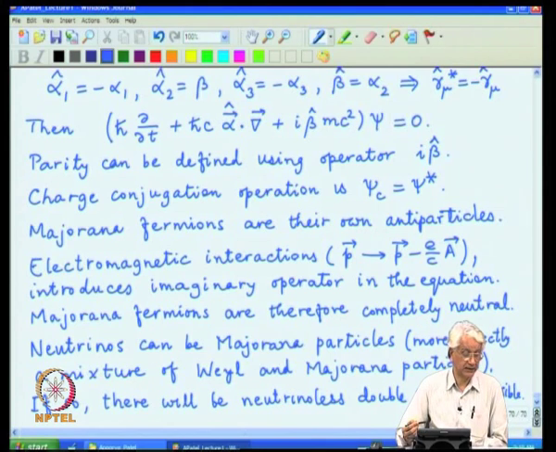So, this is a different character, and in theoretical models both these kinds of mass terms are investigated, whether the neutrinos have a Dirac mass or a Majorana mass, and that question is